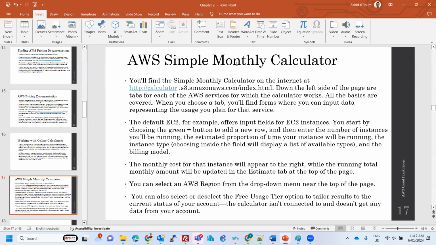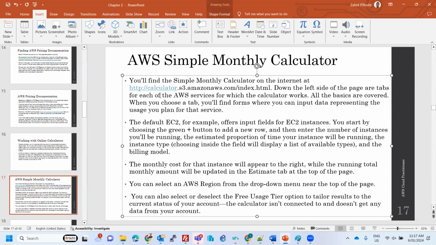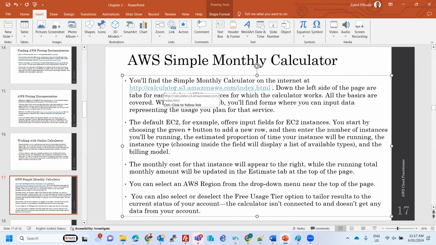Now, the AWS simple monthly calculator. You'll find the simple monthly calculator on the internet, at calculator.s3.amazonaws.com/index.html. Down the left side of the page, there are tabs for each of the AWS services which the calculator works with. All the basics are covered. When you choose a tab, you'll find where you can put data representing the usage of your planned service. So if I click on that one,